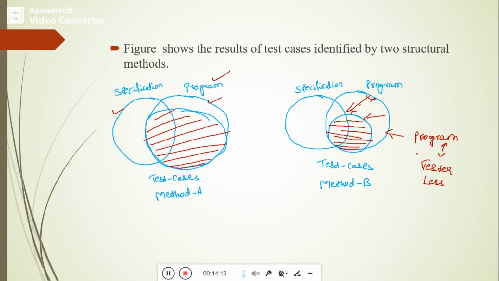If the specification is not stated very clearly, then there might be more bugs existing in the specification behavior. If the program or implementation part is not clearly defined, then there is a chance we will cover fewer test cases for the program behavior. So these are the two basic, fundamental approaches which help to identify test cases. The first one is black box testing, the second one is white box testing. Another way to say it is functional testing and structural testing.